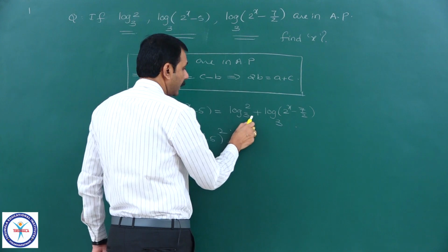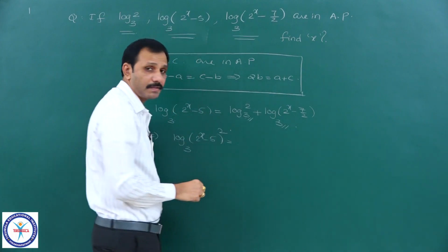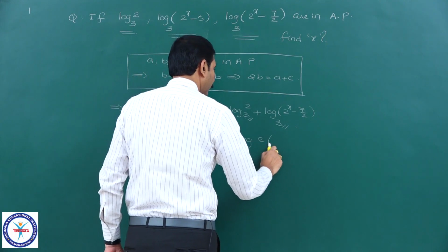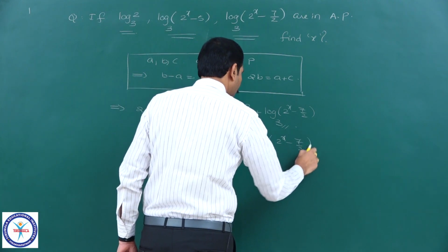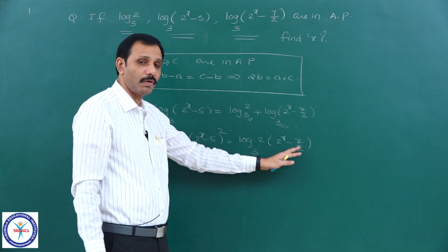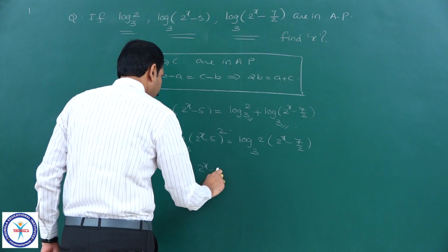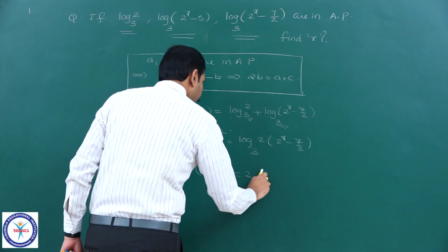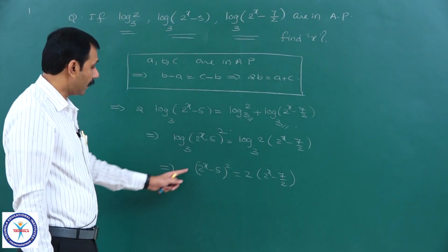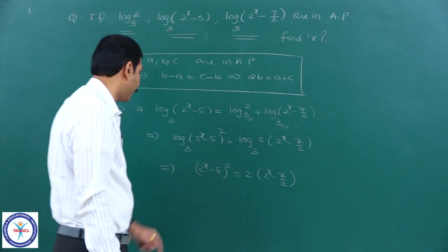is equal to, here it is base 3, here it is base 3, it is of the form log x plus log y to the same base. I can use the log xy form. Therefore, it is log of 2 into (2^x - 7/2) to the base 3. Now, to the same base, of the form log alpha equal to log beta implies alpha equal to beta. That is (2^x - 5) whole square is equal to 2 into (2^x - 7/2). For our convenience, here the exponential function 2^x, here also 2^x is there, same function.